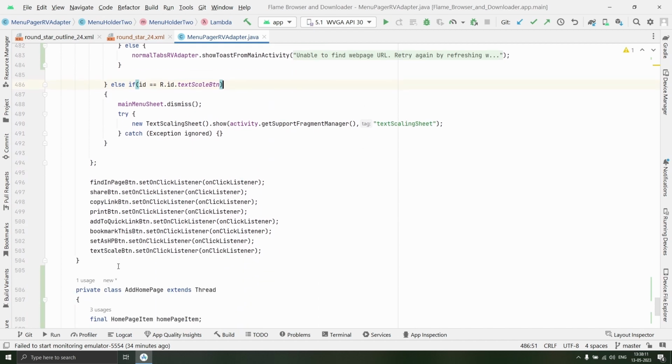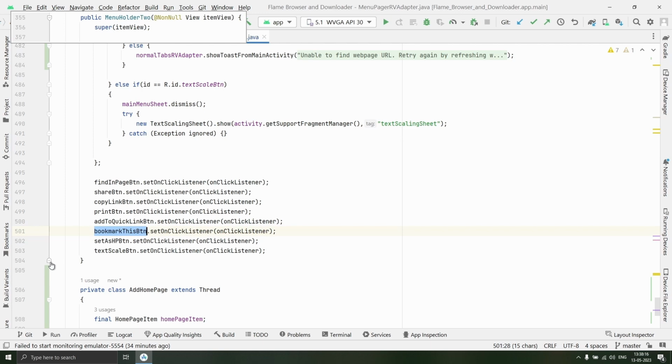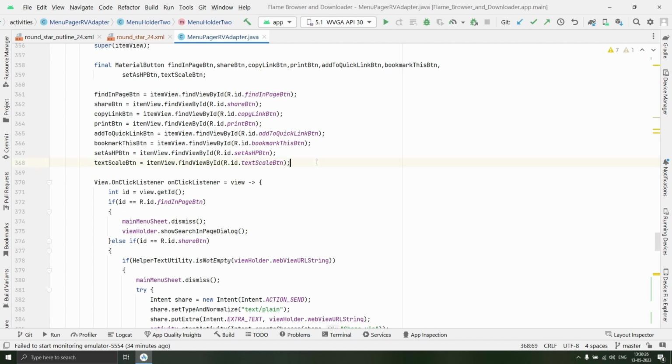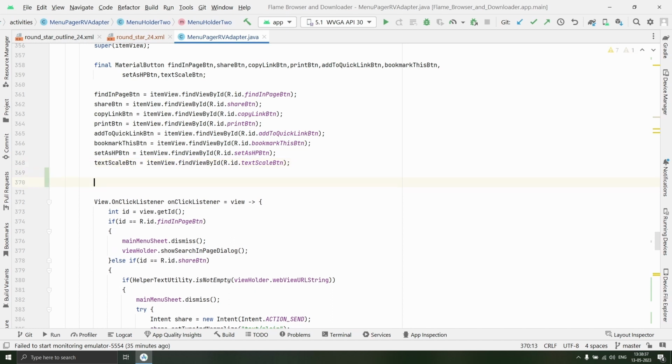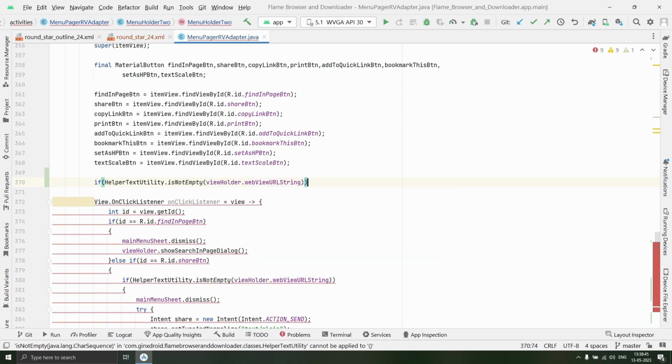As you can see, in our menu folder 2 we have the bookmark this button. So now at the top, after the text scale button, first of all we will check if helper text utility dot is not empty view holder dot web view URL string. Then